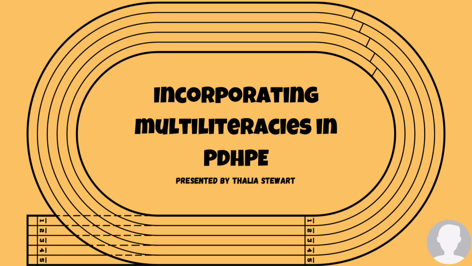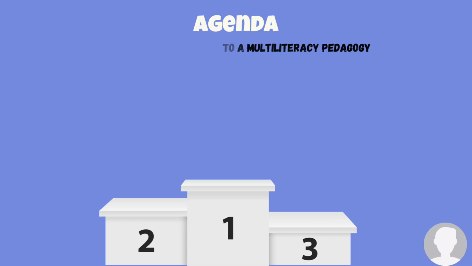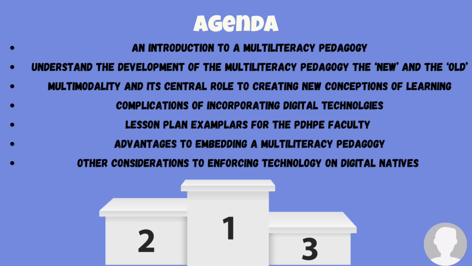Considering how our students learn is becoming relevant in everyday lives. A multiliteracy pedagogy involves providing children with the opportunity to be creative in using print and digital text, as it is becoming overwhelming as technology becomes more prevalent in creating authentic meaning-making experiences. This presentation will be covering an introduction to multiliteracy pedagogy, the development from the old to